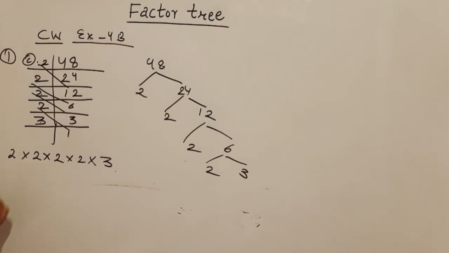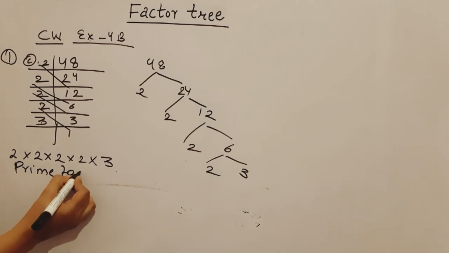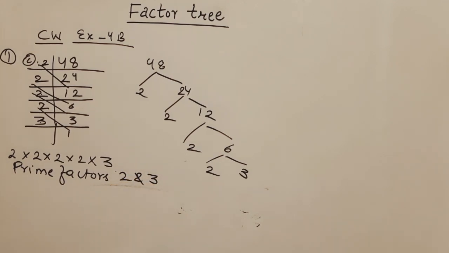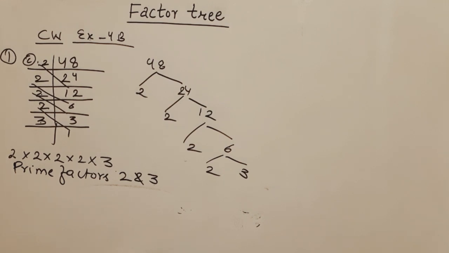And the prime factors are, if you are asked which are the prime factors in this, so the prime factors are 2 and 3. It doesn't matter how many times the number 2 is repeated. If we talk about the prime factors, 2 and 3 are its prime factors. If we talk about the prime factorization, this is the prime factorization of this number. You are supposed to do it in your maths classwork copy.